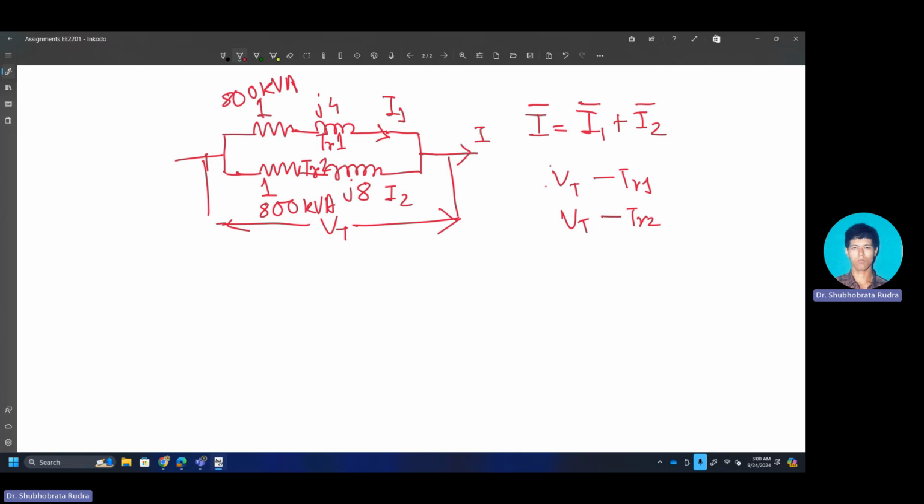Now transformer 1 having lower value of impedance will carry higher amount of current, and transformer 2 having higher value of impedance will carry lower value of current, and therefore the 800 kVA transformer will reach its peak capacity first, and for that value 800 kVA you have to find out how much kVA could be transferred through this one. So basically the formula will be